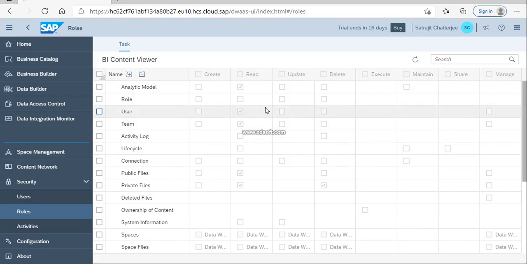Once you create a role, depending upon your requirement, you need to check what you tick and what you untick, as an example. So this is all about these things. Once I have a live system, I'll try to create a live demo, but unfortunately as it is a demo system, I cannot show how it changes or how to create those roles. Anyway, I hope you get a fair enough knowledge on the creation of users and roles.